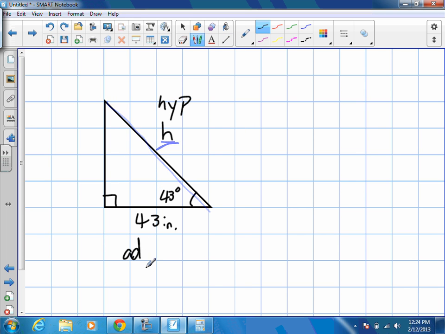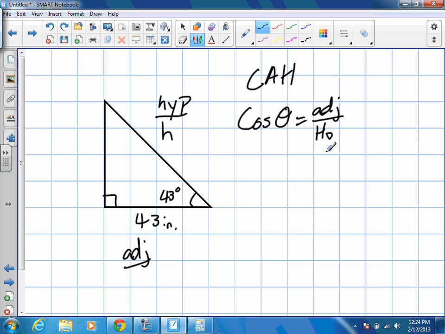Which ratio deals with hypotenuse and adjacent? Cos. Remember, cos is CAH. So in other words, we're doing cos theta is equal to the adjacent divided by the hypotenuse. Now, theta, which represents an angle, we have the measurement of 43. So we're going to plug in 43 for that value of theta. So we have cos 43 is equal to the adjacent